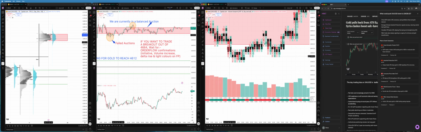So I'm going to give the principles in a few. I'm just showing you how today was looking. These are just a few principles. In a breakout, you have to see volume rising, not volume falling. You have to see light colors on the breakout. Then